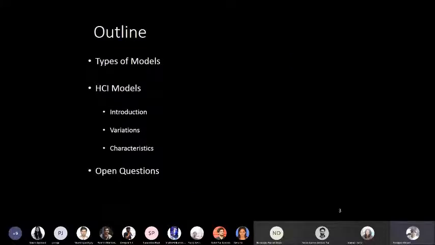So today we will look at different types of user model. We will broadly classify them into two categories, and then for different types of HCI models, first we will introduce the model, where I try to explain why this model was invented or why it was used in the first place. Then many researchers work on this user model, so we look at the variations of the same user model, and then we look at its characteristics from the point of view of its pros and cons, and we end the lecture with a few open questions on user modeling, or we may even say some open questions on HCI research.